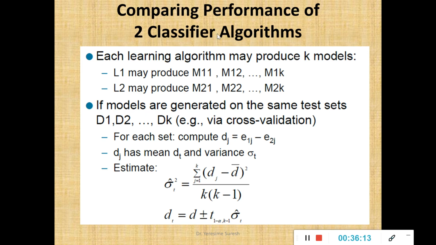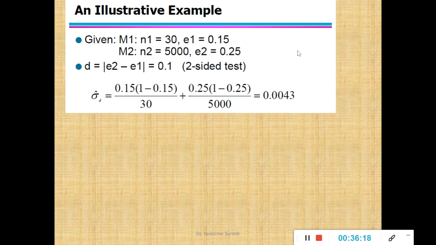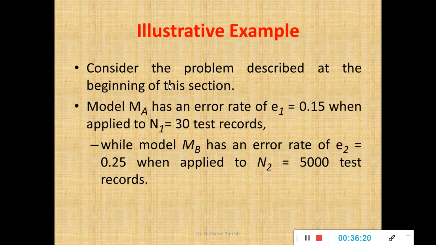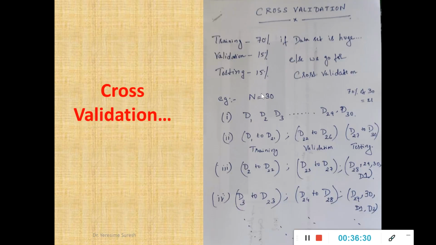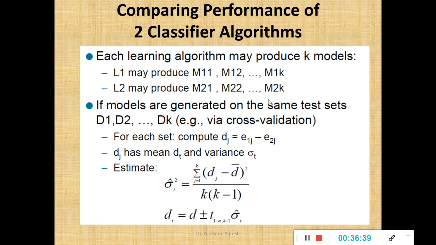Now in this slide we'll look at the process. So far we have considered comparing the models if the number of records is greater than 30. In this case it is 30, in the second case it is greater than 30. That means we have 5000 records. When the number of samples is less than or equal to 30, I'll employ cross validation. And how to compare models with the data set limited to 30 instances or less? We have this process. It is exactly similar to your general process of comparing the algorithms.